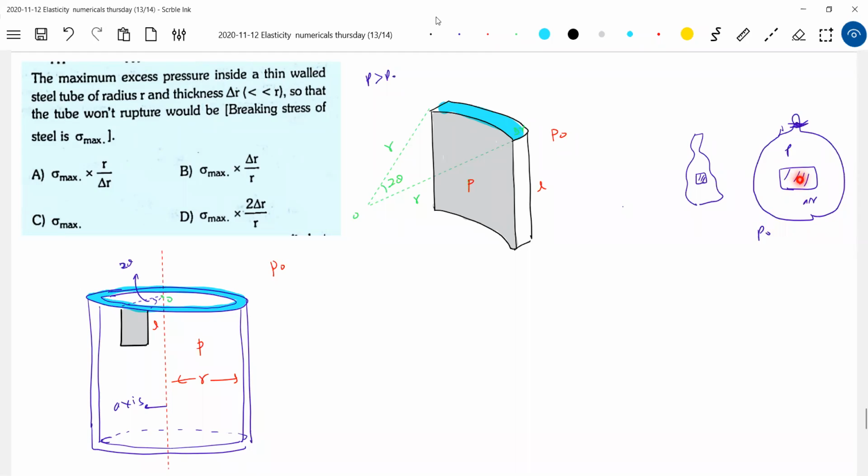Anybody wants to reply? This patch will be a rectangular strip, or a perfect lamina, or a curved strip. Curved strip, no. So same thing for this also. Is it a rectangular lamina or a curved strip? Curved strip it is. What we have taken, let this distance be delta R.